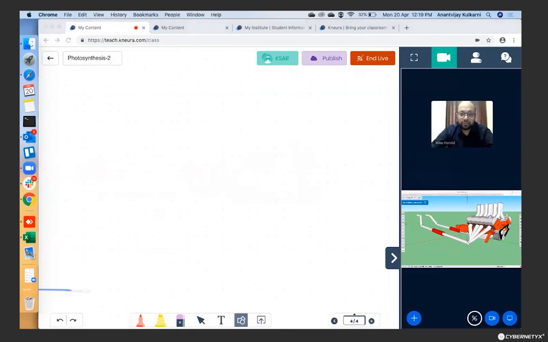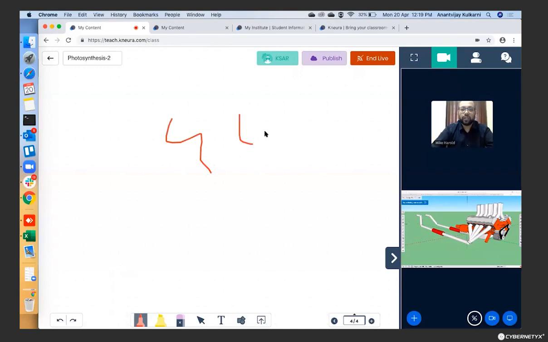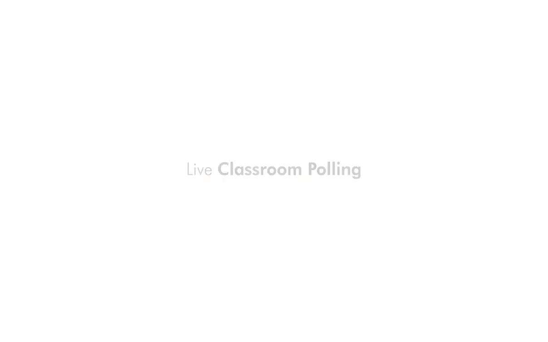Then you can quickly start explaining about this model directly on this canvas. If you see here now, the students are able to see my canvas. I have my canvas here, I have my image here, so I can type anything, do anything here. That is now being used as a collaboration model, where I show something from my desktop on my right side, and then I use my entire whiteboard or canvas here to explain more about it.